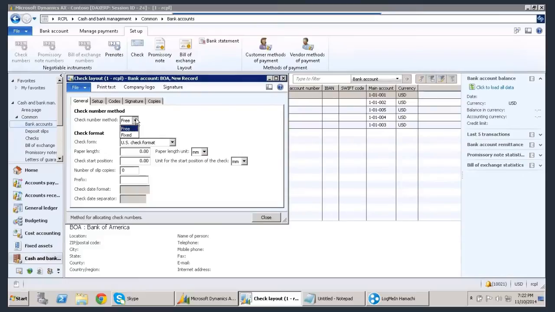Remember, these are the two options which you have: free and fixed check. What is meant by free check? What is meant by fixed check? I think fixed checks would be checks that you already have in print, and free checks would be checks you're going to create online. Like through AX, based on printing. Okay. How about Praveen and Solomon?